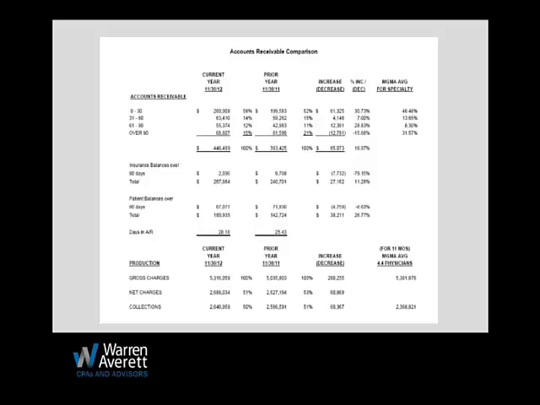As we move down the sheet, we have put production numbers on this AR page, and a lot of people ask us, why do you put production on the AR sheet? Why is that even relevant? How do these two tie together? One reason they tie together is that there is a possibility that you are collecting last year's money, and that's why your AR has decreased. Or vice versa, your money is not being collected yet. It could change your AR. So if we look down here under this category on the current year, you can see net charges were $2.688 million.